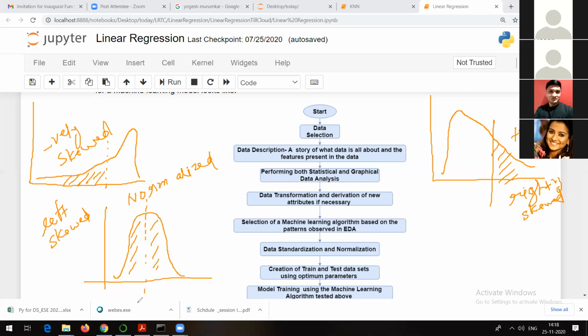It is where you have mean, mode, and median representing the same point. What am I talking about? Mean, mode, and median, right? I hope everyone is aware of this. Mean is nothing but the average value. Mode is nothing but the most repeated value, right? Or the value for which the frequency is highest. And median is nothing but the middle value. So this is normalization.